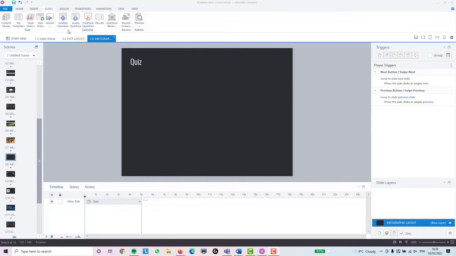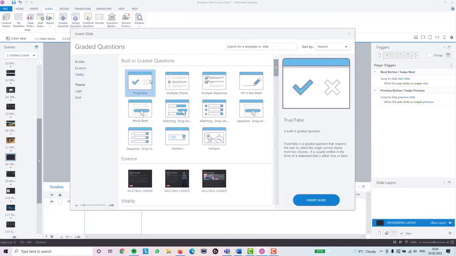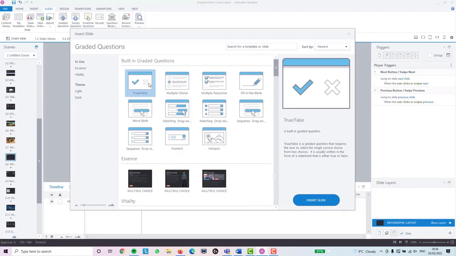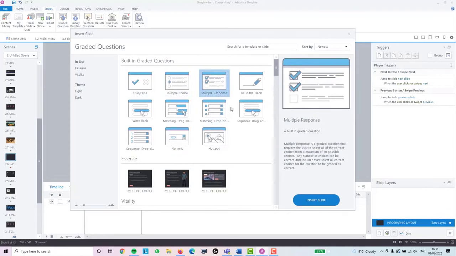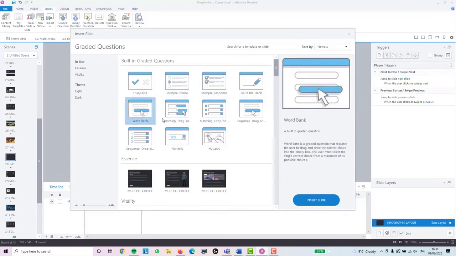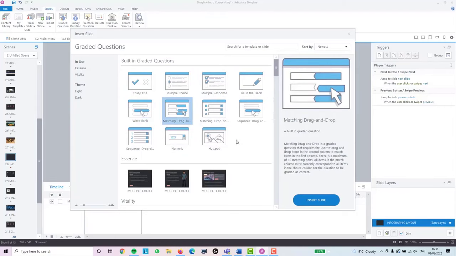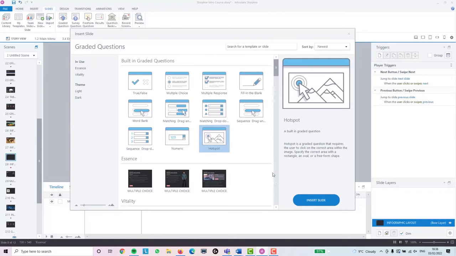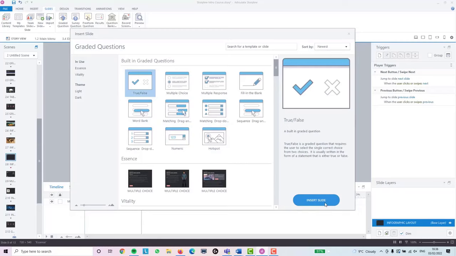What we are going to do though, to do a graded question, click on the graded question button, and then you've got the choices here. So you have all of these different choices. You've got these templates already set up that we've been doing, but you've got these ones here. You've got true and false, multiple choice, multiple responses, fill in the blank, word bank, matching and drag and drop, matching drop down, sequence drag and drop, sequence drop down, numeric and hotspot. So pick whichever one's relevant to you, click on insert slide,